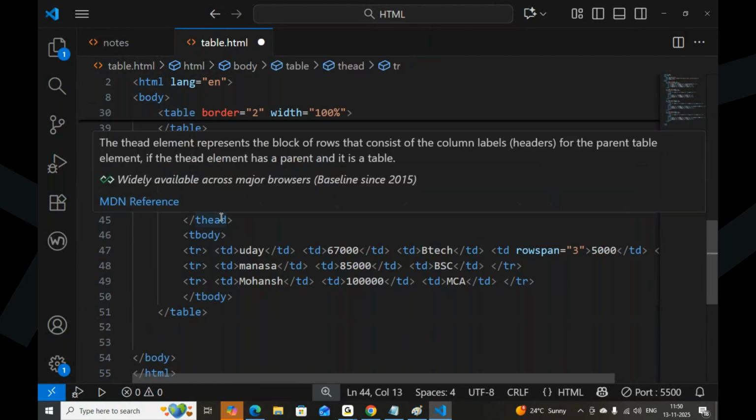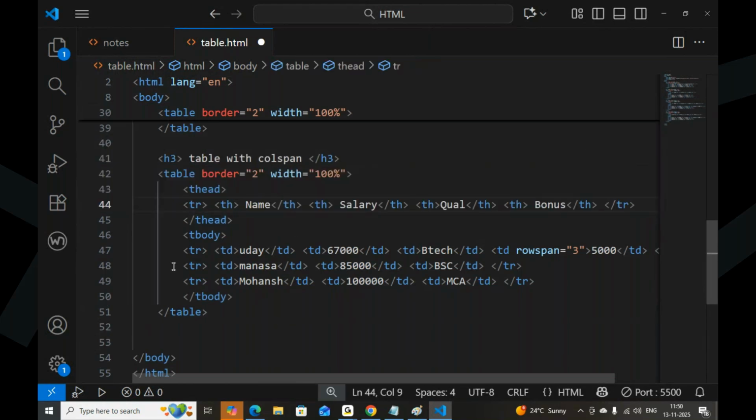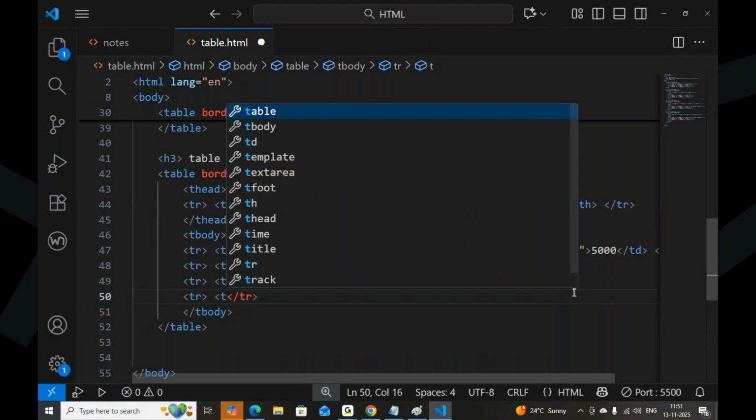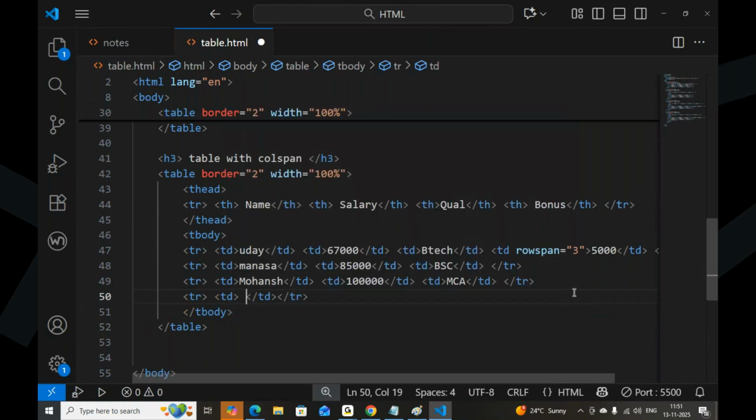For column span, what I want to do is take one TR and one TD.